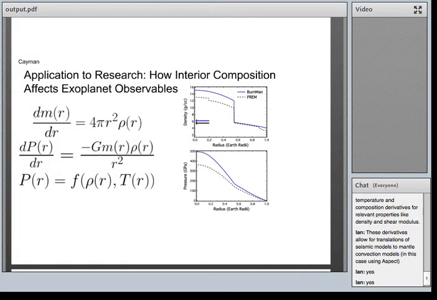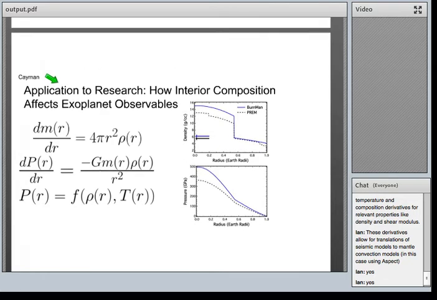Can we reasonably infer the composition of the Earth given just its mass and its radius? To do this, we have to solve three equations simultaneously. Okay, so the first one is the mass within a sphere. The second one is hydrostatic equilibrium, and the third is what I predominantly use BurnMan for, which is to solve